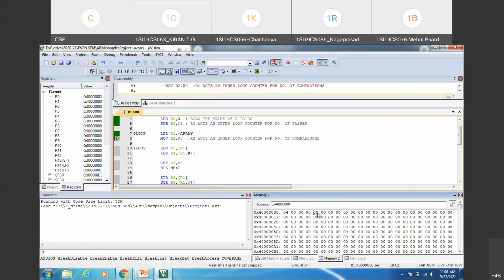Are you getting? See, this location I'll edit. I'll give 3, I'll leave 3 bytes, then I'll give 2, then after that I'll give 1. Are you getting how we have given the data? See, 4321 is the data I wanted to initialize to the array. See 4, it is little endian format, the data is being stored in the array.